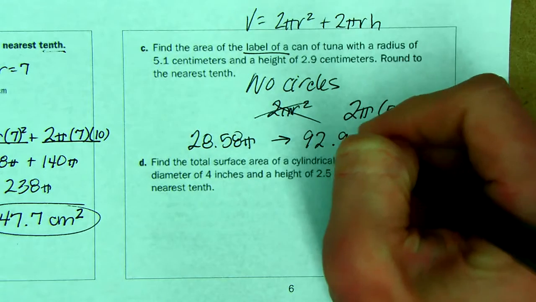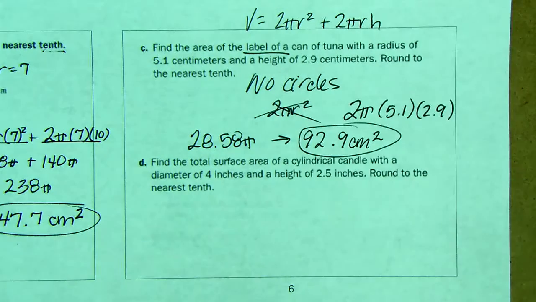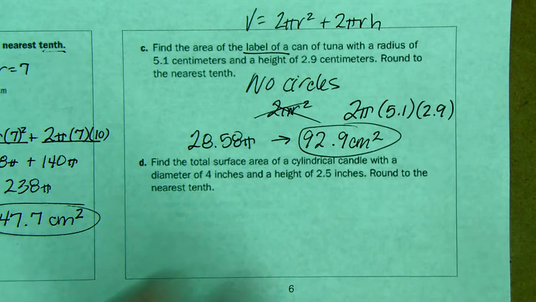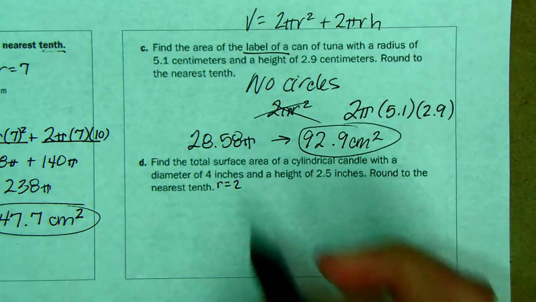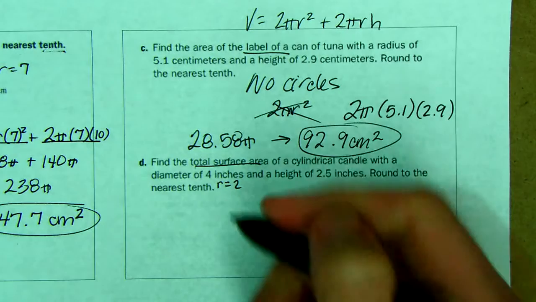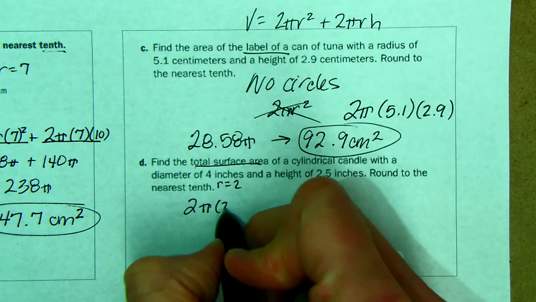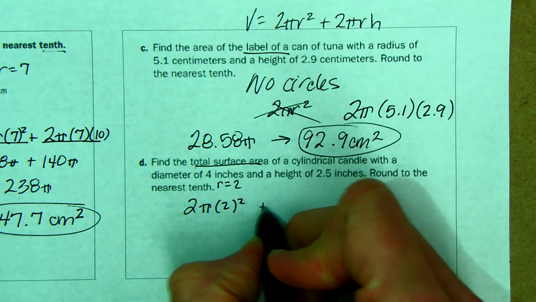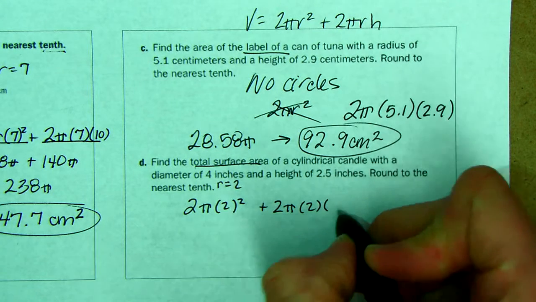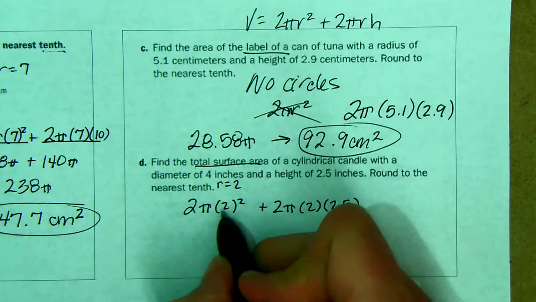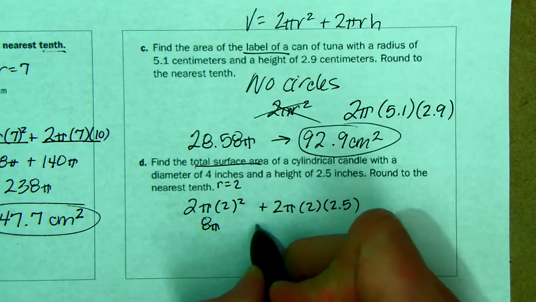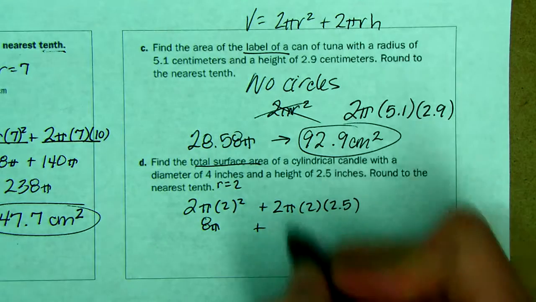Now, find the total surface area of a cylindrical candle, which both of them are, with a diameter of 4. Oops. So a radius of 2 and a height of 2.5. So total surface area. So we need 2 pi radius squared plus 2 pi radius times height. So I'm going to do this as much as I can without a calculator. That's 4. 4 times 2 is 8 pi. 2 times 2 is 4, and 4 times 2.5 is 10 pi, which gives me 18 pi, which is